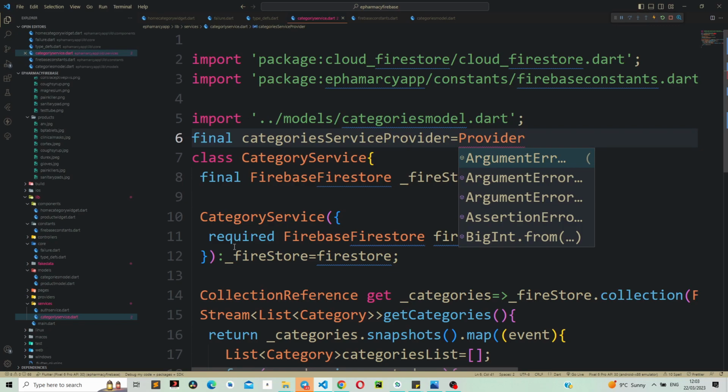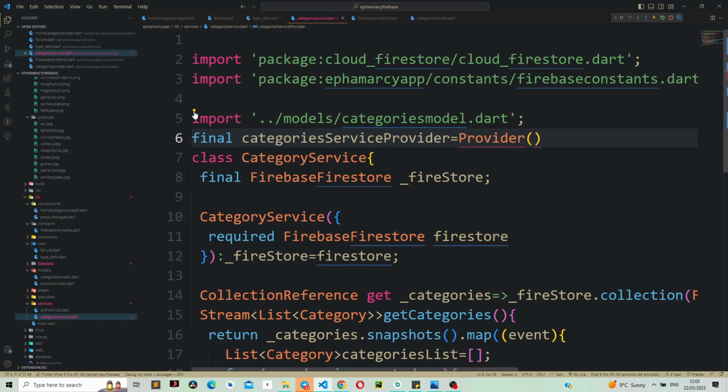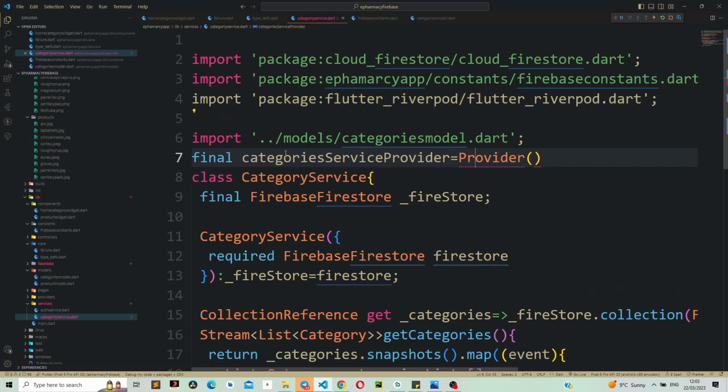If you still remember, in the previous episode we talked about Riverpod. What it does is that it allows us to access any type of state in any part of our application. So we are just going to provide the reference to the categories